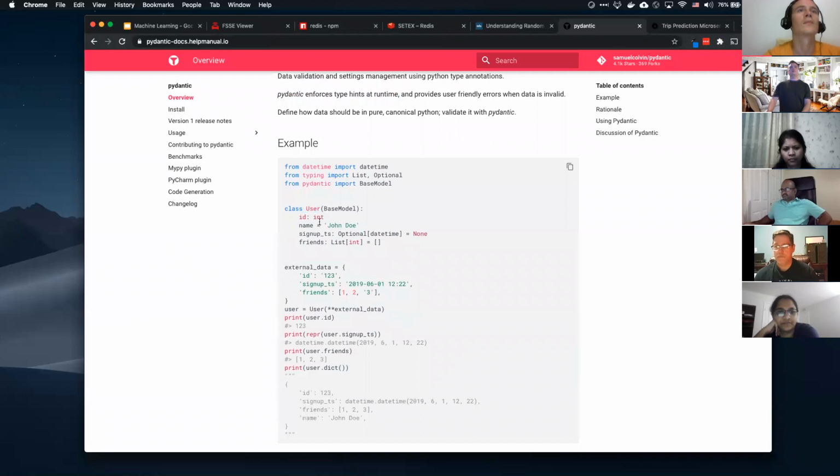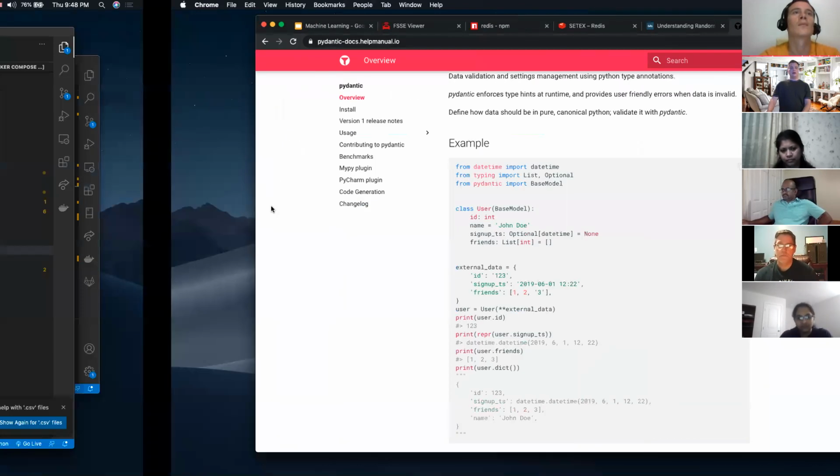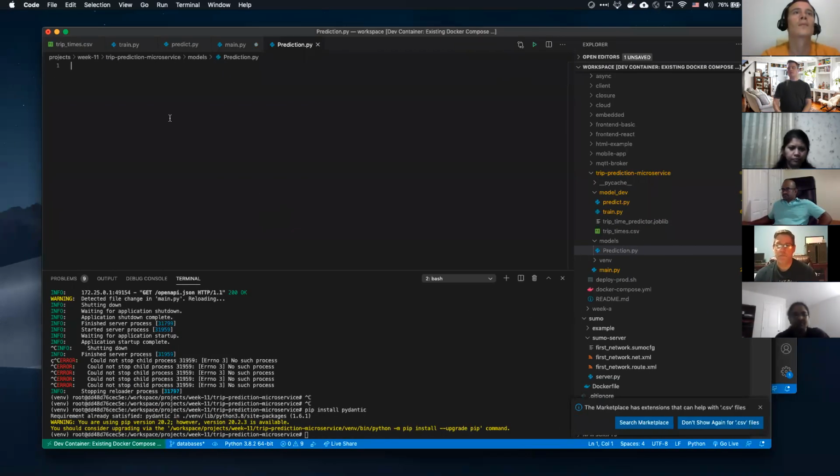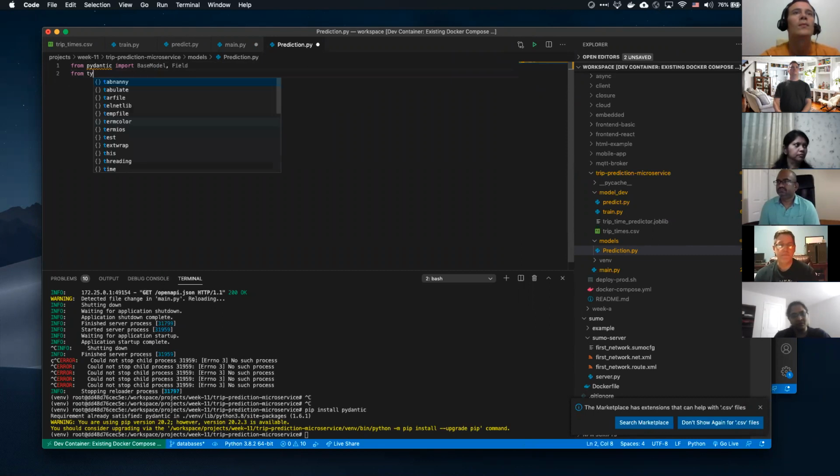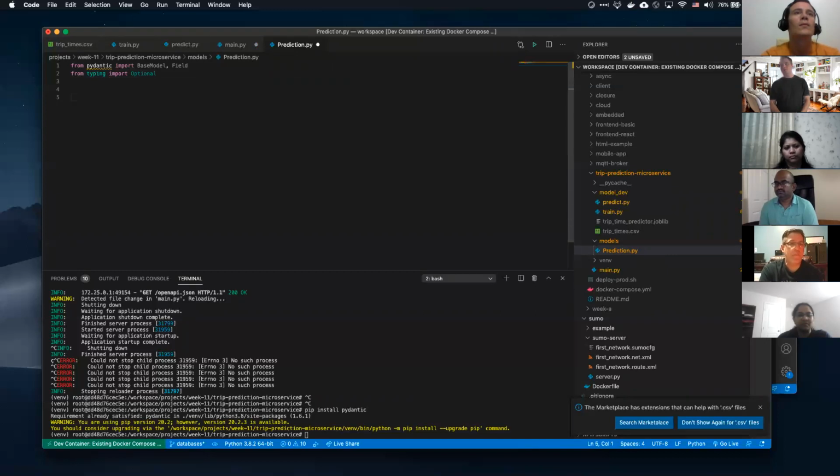So as an example, you can say ID is equal to int and things like that. And really it wraps really well to JSON. And so from Pydantic, we're going to import BaseModel and Field. And I'm also going to do some, from built-in Python, some typing. I'm going to import Optional. And that's going to be important for what we want to do.